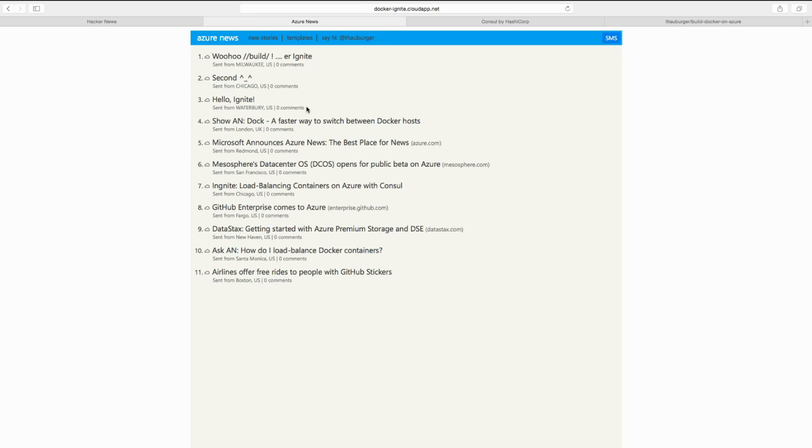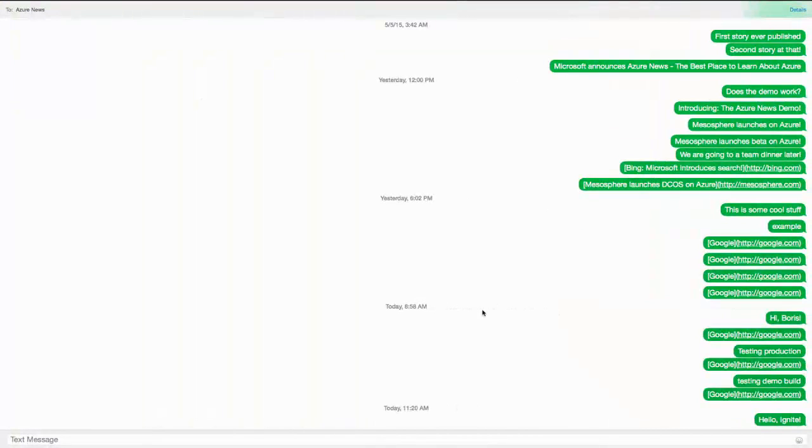But to take a look at the second takeaway that we wanted to do in terms of dynamic updates, I think it would be really cool if you look at Hacker News, all of these things are actually links. And in this case, I just posted hello ignite, but it doesn't do anything here. If I'm opening up a text submission service, it would be cool if I could use markdown syntax to submit links. So what I want to be able to do is essentially take a link like this,